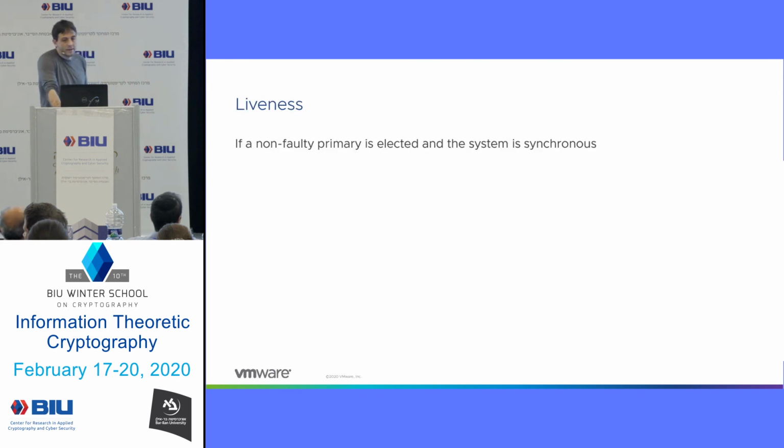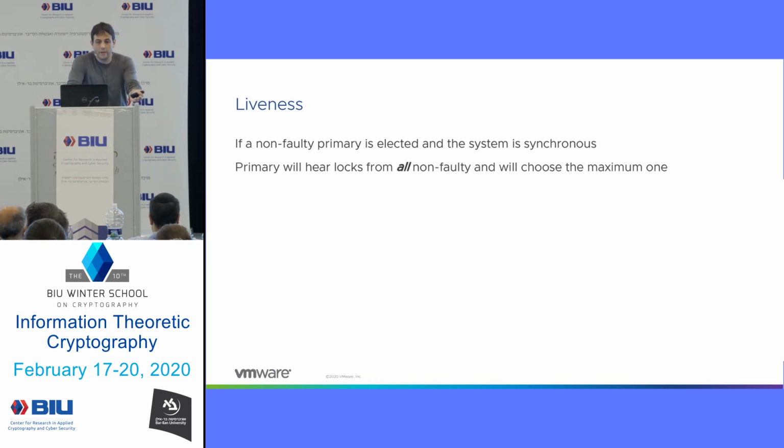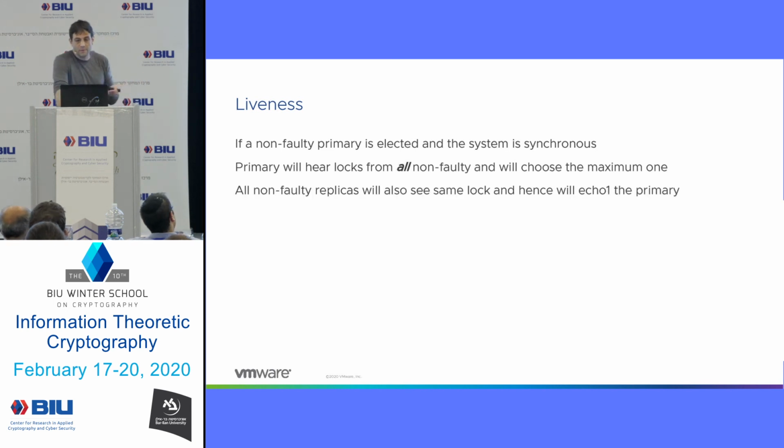Liveness, again, it's the same thing. We're going to assume that there's a non-faulty primary that's elected, and the system is synchronous. And when the system is synchronous, then you hear locks from all non-faulty. And since you hear locks from all non-faulty, you can choose the maximum view from all those. And when you choose the maximum from all of those,